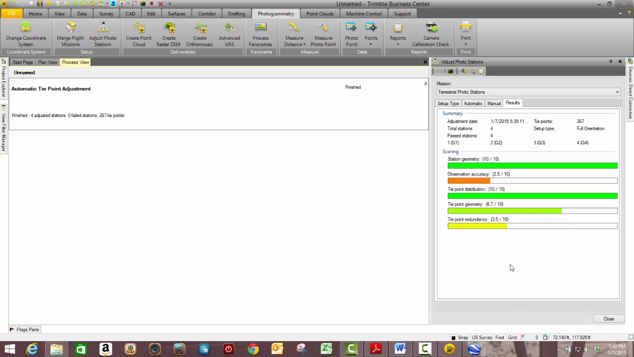What you see here are different statistical indicators of how well the data set was collected in the field, and also the positioning of the photo stations relative to each other. So you have station geometry, and each one obviously has a ranking out of 10. Observation accuracy wasn't that good on this data set. We did have good tie point distribution, pretty good geometry, not so good on redundancy because we only had 4